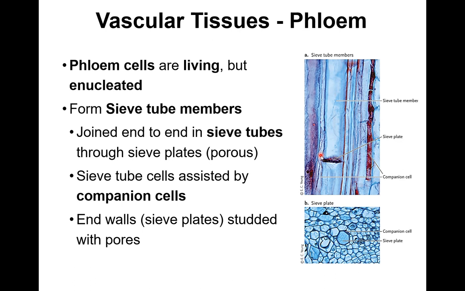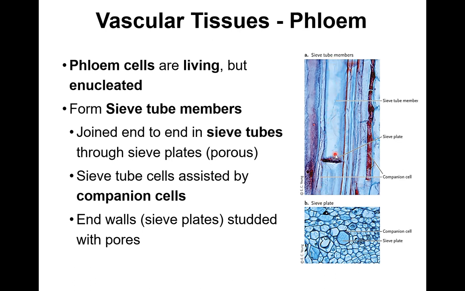within your bloodstream. In this case, the cells are kept alive by cells which are outside of them, which are referred to as companion cells. These cells still have a nucleus, so they can still perform all the functions and move all the material within the phloem cells here. What they form are called sieve tube members. These elongated structures are connected through sieve plates, which have pores, which allow for the material to